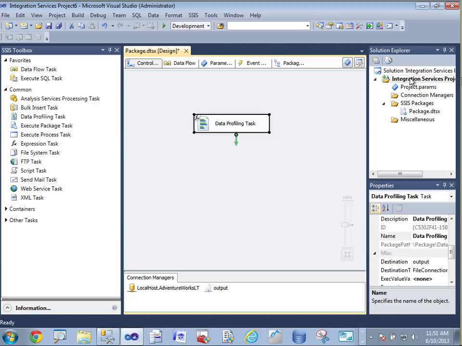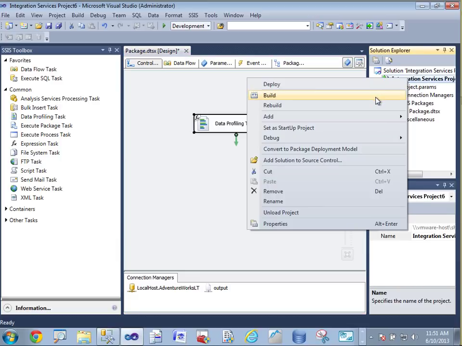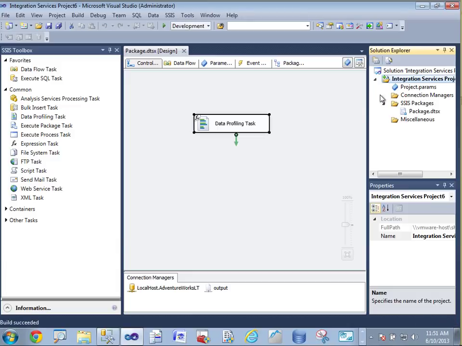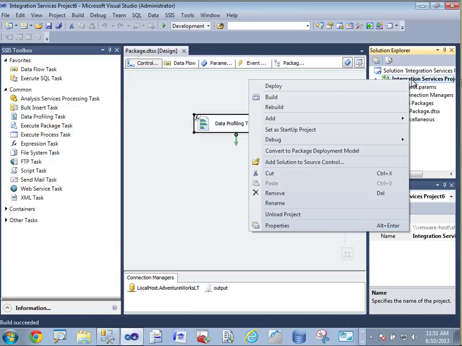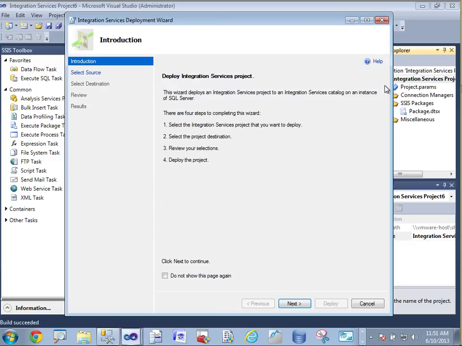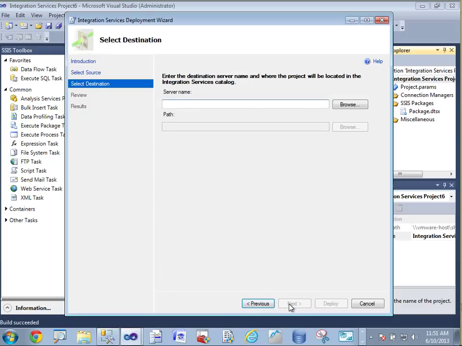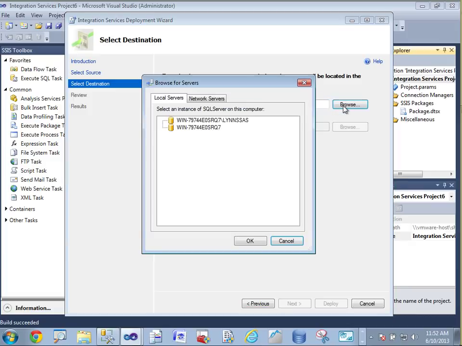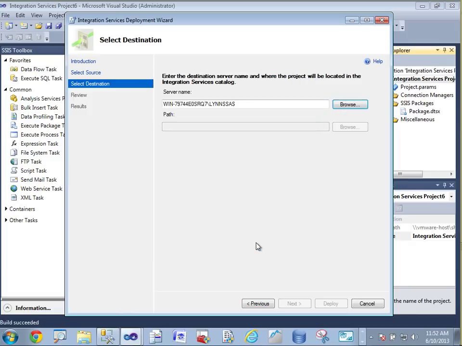I can use the old methods of deployment, and of course first I would build to make sure that I have a valid package, and then I could just click deploy. Now if I click deploy, I'll be presented with a deployment wizard. So I can go ahead and say deploy. It's being validated, and then when I deploy it, I can deploy it to a server, which would deploy it so it's visible through Management Studio, or I can deploy it as a file. So if I say server, and I say I'm going to deploy it to the server, and I say OK,